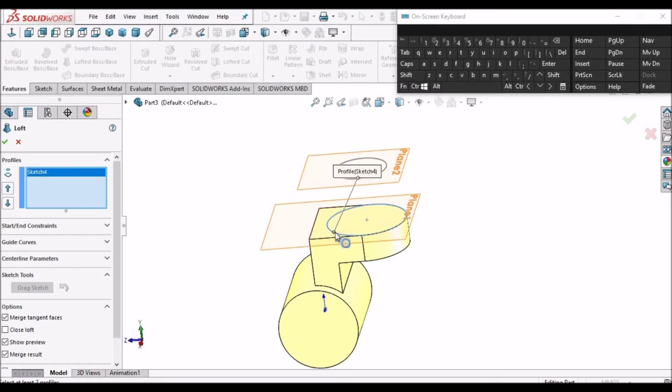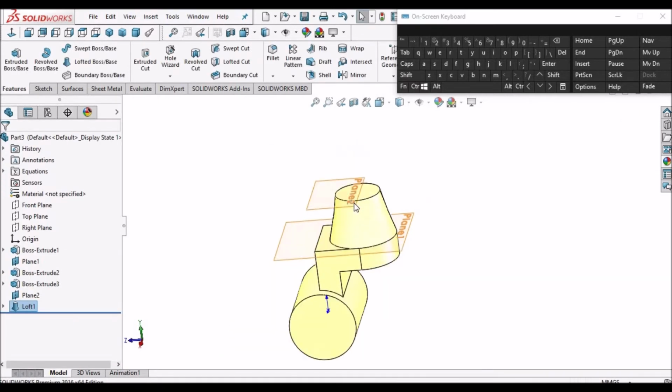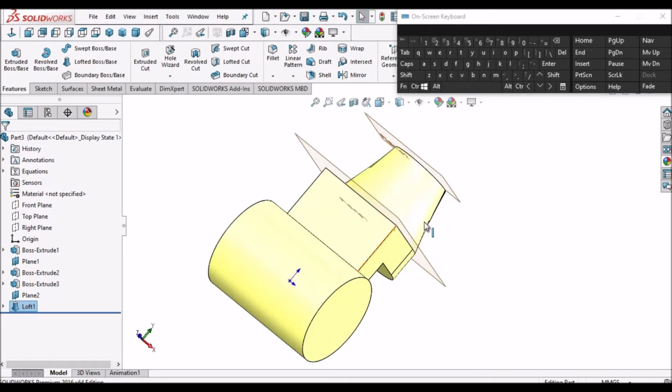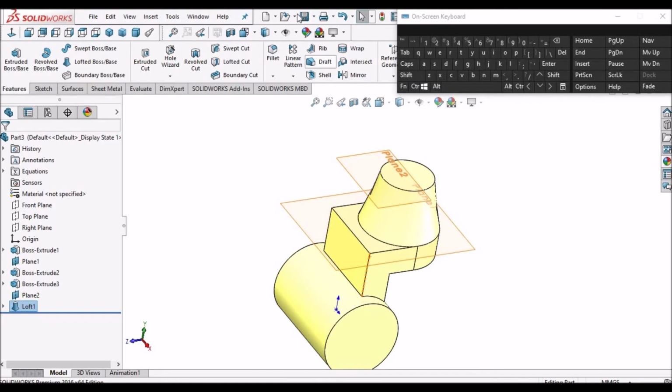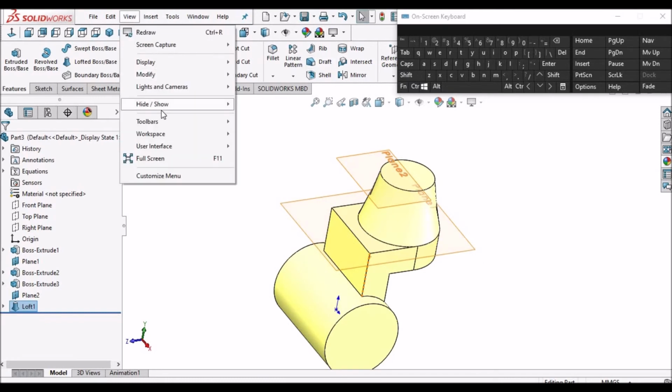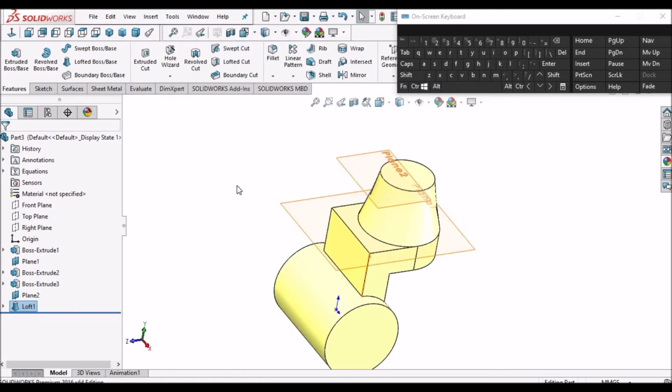Select the sketch and select the sketch. Okay. Say okay. So this is done. Now if you want to hide, you can hide it. Okay, now this feature is done.